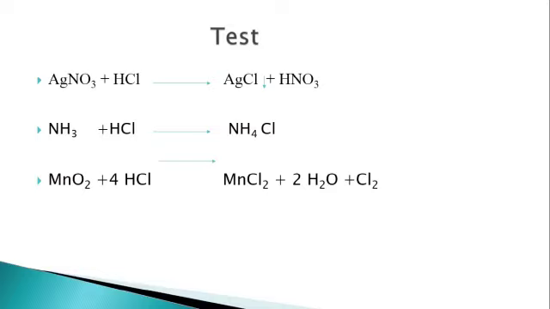Now there are 3 tests for HCl. Silver nitrate reacts with dilute acid to form white precipitate of silver chloride and nitric acid. Ammonia reacts with HCl to form dense white fumes of ammonium chloride. Manganese dioxide reacts with HCl to form manganese chloride, water and